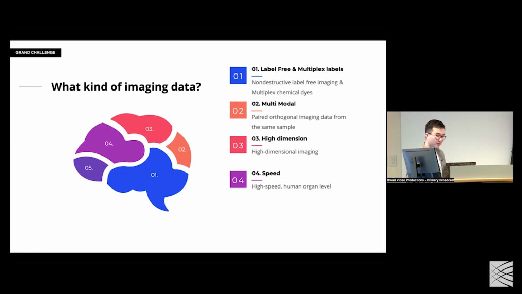The fourth one is speed, because some of these imaging methods are great and non-destructive, but they're just so slow. We have to balance whether there's still an advantage to doing imaging, and if it is too slow, then probably we just go for sequencing. And the last one is the resolution challenge: for some of these very high-speed imaging methods, we have to sacrifice resolution to achieve the speed.